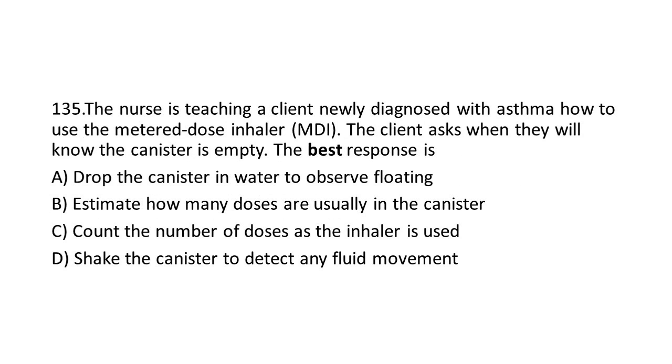135. The nurse is teaching a client newly diagnosed with asthma how to use the metered-dose inhaler, MDI. The client asks when they will know the canister is empty. The best response is